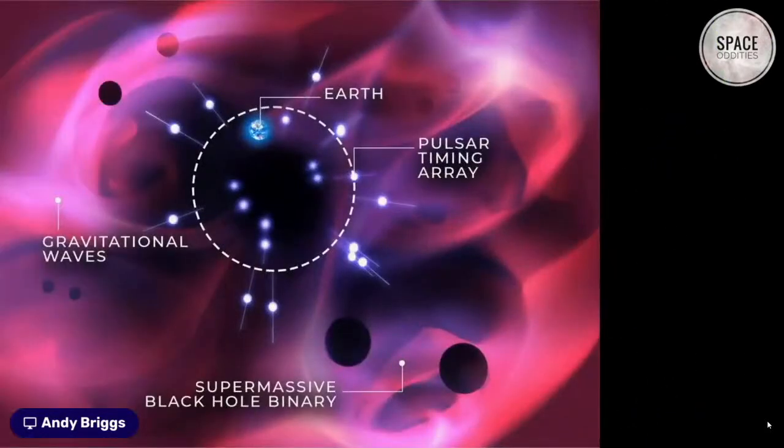Now, look at it another way. Here we have a graphic showing the Earth surrounded by these millisecond pulsars. Far off in the universe, as we know, there are galactic collisions between galaxies, where the two black holes, one in each galaxy, or in some cases more than two galaxies collide, in which case it'd be three, come together and slowly begin to orbit each other at the center of the galactic merger. Now, they probably orbit each other for many thousands of years,